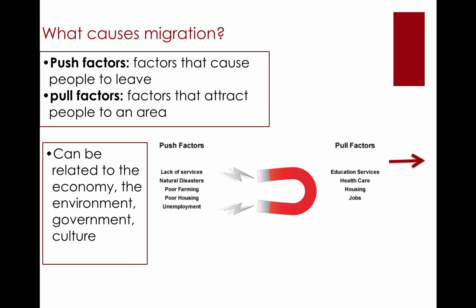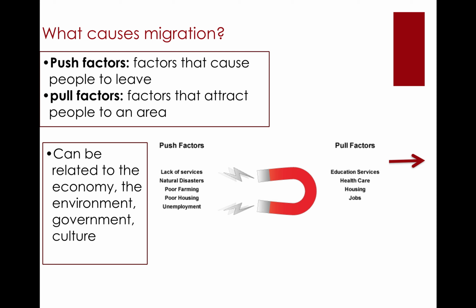So it's important to differentiate when I ask you to list specifically push and pull factors. Be sure that you're identifying separate ones. What is actually specifically causing them to leave, what is specifically attracting them, and that'll be important when we get to our FRQs. Anyway, push and pull factors can be related to the economy, to the environment, to government, to culture. So some samples here, and then I'm going to ask you actually to copy down the chart on the next page because it's actually a particularly effective summary.